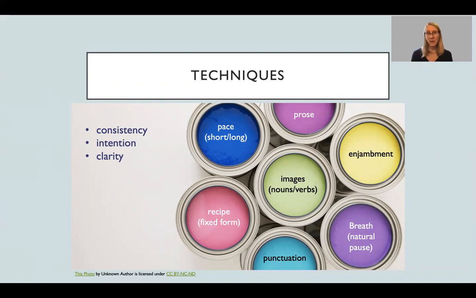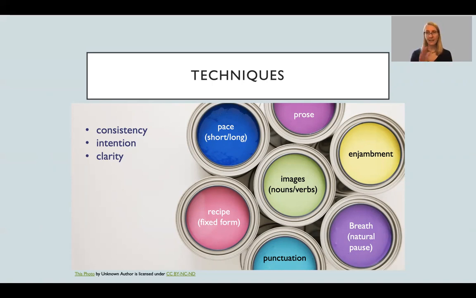You can think about the pace of your poem. If you would like it to move very slowly, then check out short lines. And if you'd like it to move more quickly, longer lines will do that for you. The prose poem has no line breaks. So again, if you're inside somebody's head and have stream of consciousness, maybe you're telling something that has a story to it, those might be really great reasons to check out the prose form.